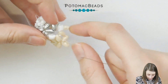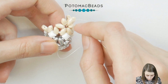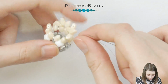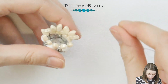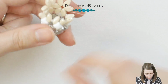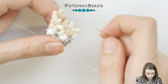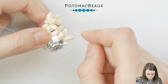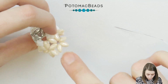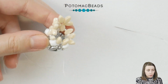And like this. So now again you need to step up through this IrisDuo, first hole, second hole, connect these two and add 3 more IrisDuos, and you should be able to repeat it 2 more times, I think. Yeah, and then the last one, you will be adding only 2 IrisDuos, but I will join you on this there. So continue doing this like we just did now, and then I'll get back to you again for the